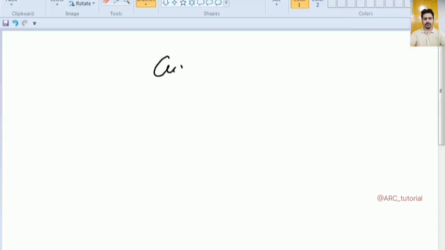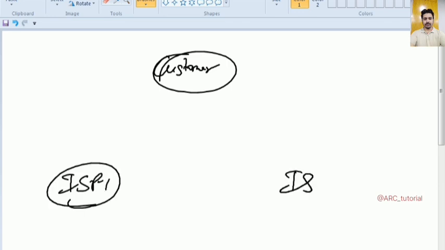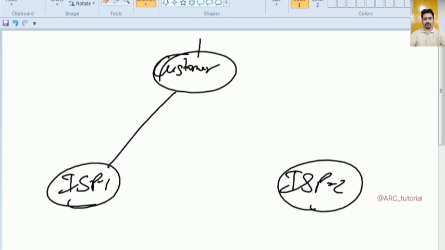Let's say this is your customer, this is ISP1, and this is ISP2. So if ISP1 is advertising any prefix information towards the customer, definitely ISP1 must not allow its neighbor customer to advertise these prefixes towards ISP2. And if ISP2 is giving anything to its customer, then this customer must not be able to advertise those prefixes towards ISP1. So you can achieve it by using this community,